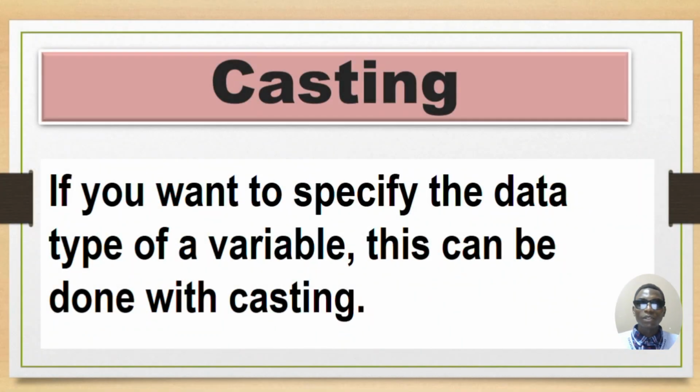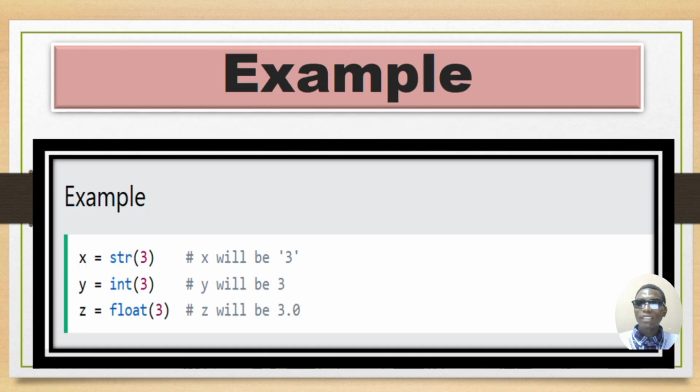Yes, as I have said here, casting is when you want to specify the data type of a variable. This can be done with casting. To define or to specify the data type of a variable, we should use this casting method. For example here, as you see, this is a simple example demonstrating how we can use casting in the Python programming